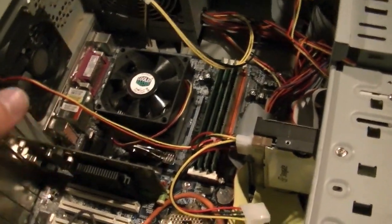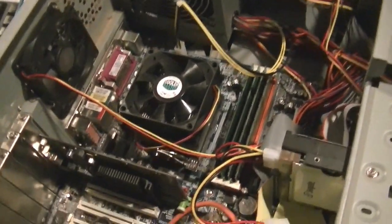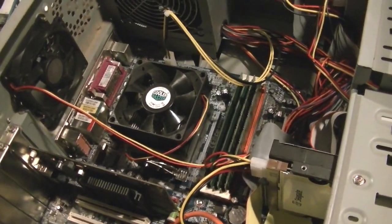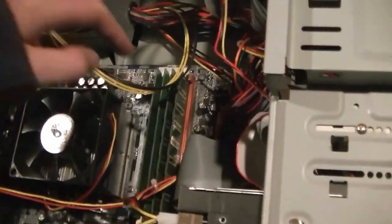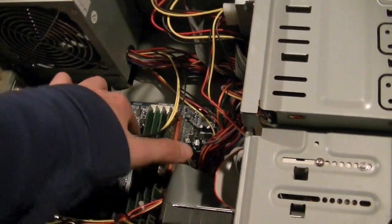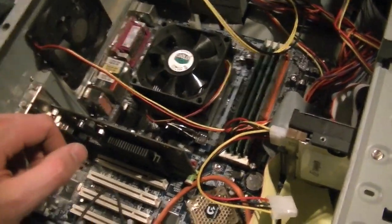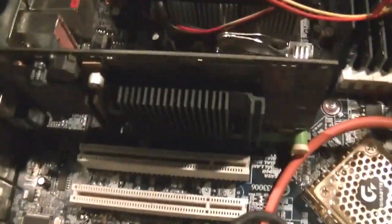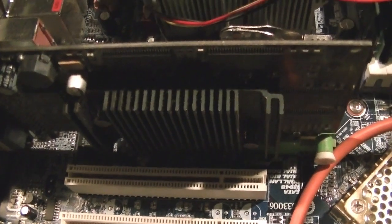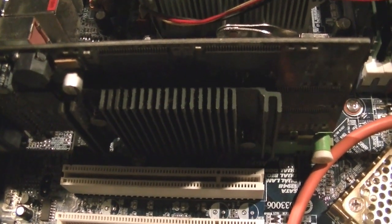But right now it has an AMD Athlon 64 3500 plus 2.2 gigahertz CPU. I honestly, for the life of me, cannot remember if that CPU was originally in this case or on this motherboard, or if I got it from somewhere else, but it's here anyway. And last week I also got this. It's a NVIDIA GeForce MX440 64 megabyte AGP graphics card, and